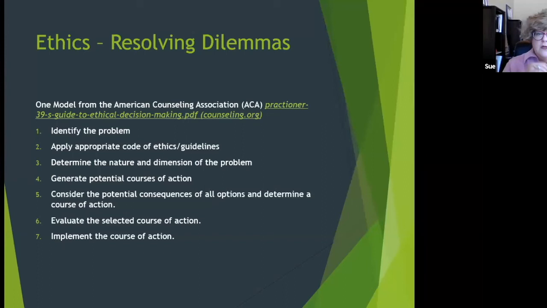So from an ethical standpoint, having your decision-making model figured out for yourself can be really important too. And I have to say, there is a book out there that's caught my interest, and it is Ethical Decision-Making and Supervision or something like that. And I'm like, oh, I think I'm going to get that book because that sounds interesting. So it's definitely something that can develop over time or change over time, but that you have an idea of what it is and have it in your hip pocket so you can use it when you need to, can be really helpful.